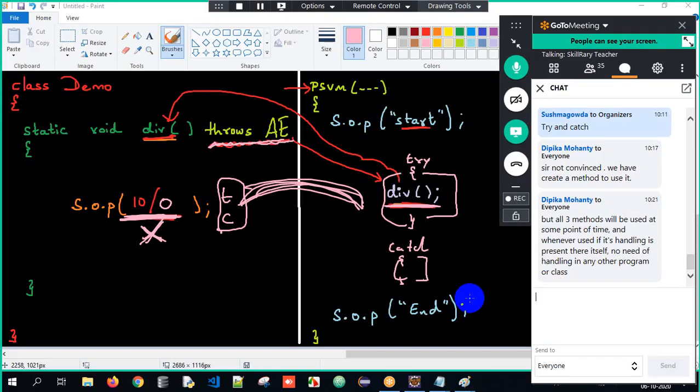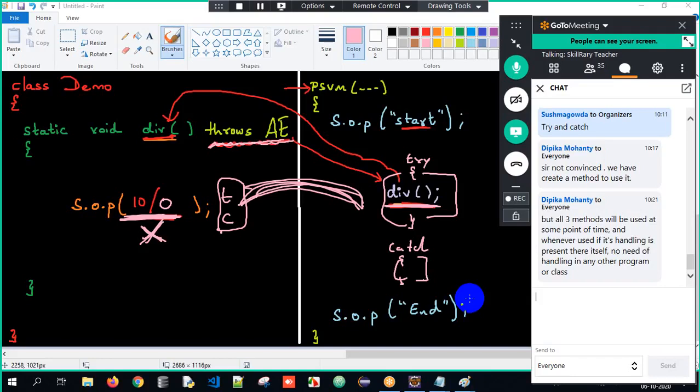This is all about it. If you want, I'll show it to you with respect to custom exception also. How can you avoid it here? We'll try to do it tomorrow. Custom exception: what is the major advantage of it? And I'll again use the throws keyword there, when we create our own exceptions and try to avoid it here. Probably at that time you might get better clarity about it.